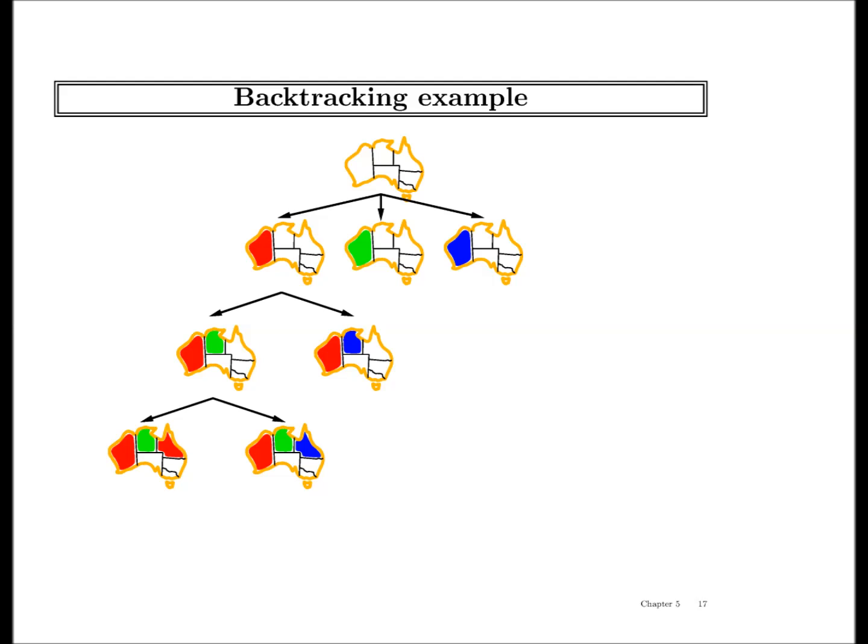One more that I'm looking for, yes? If the graph is disjoint, whatever you call it, like Tasmania. Independent. Very nice. Do you see that Tasmania has no connection with the rest of the graph? So whatever I want to do, I can do it completely independently. So if I have independent problems, then I can exploit that structure also in my search. That's actually a very nice thing. We'll get to that. But I'm looking for something else.